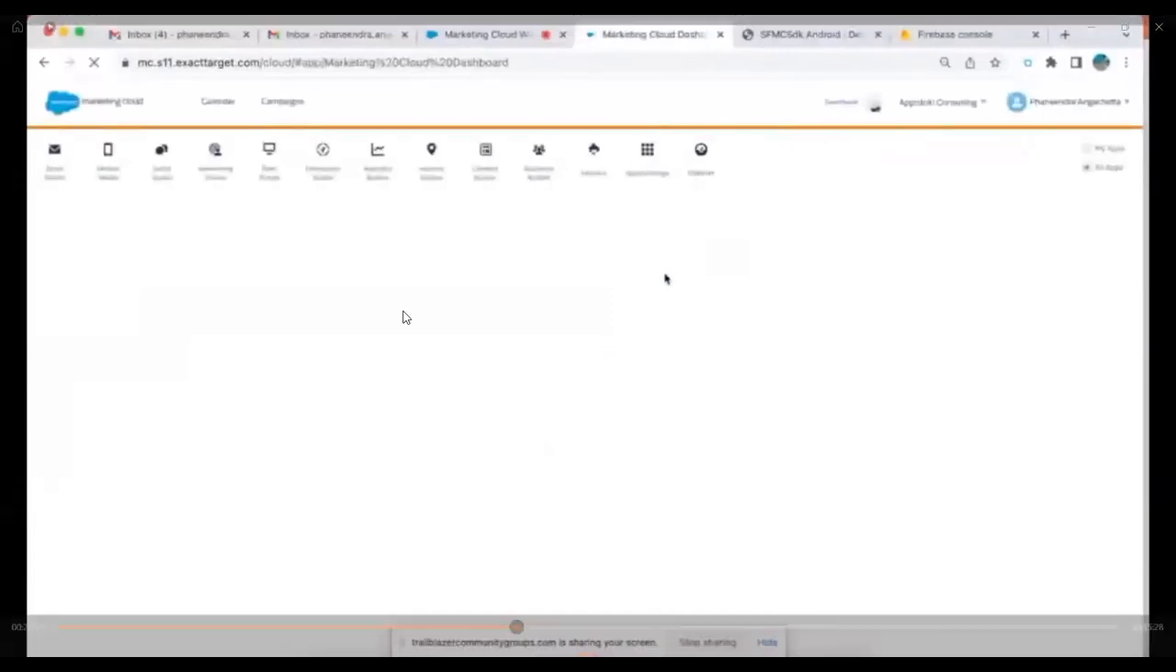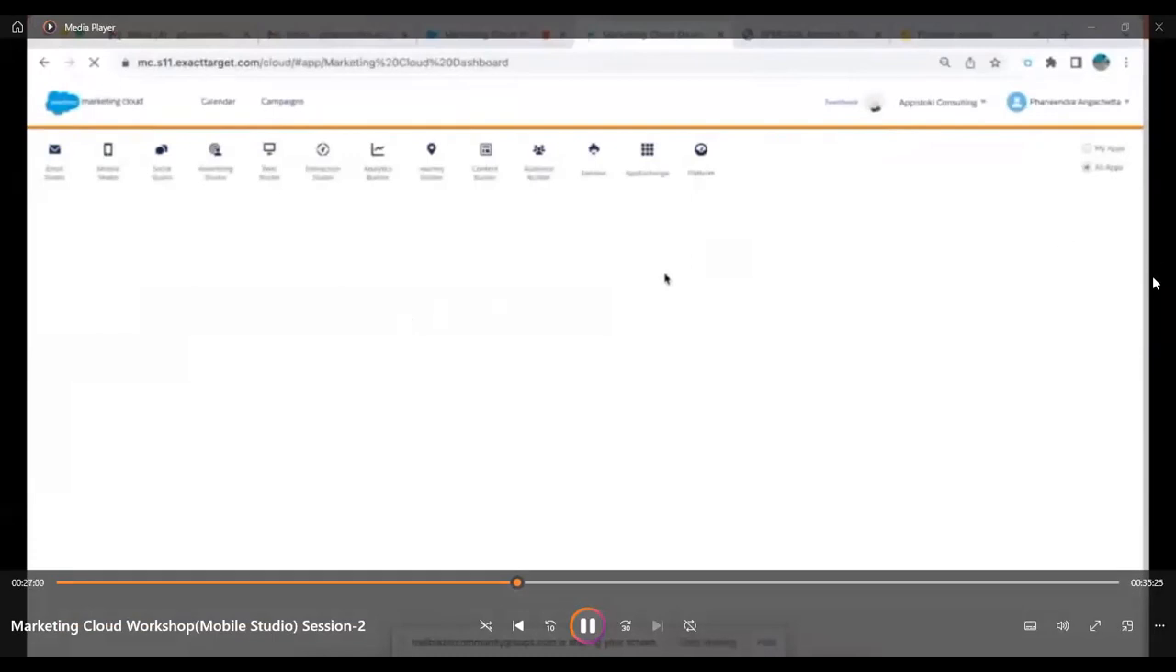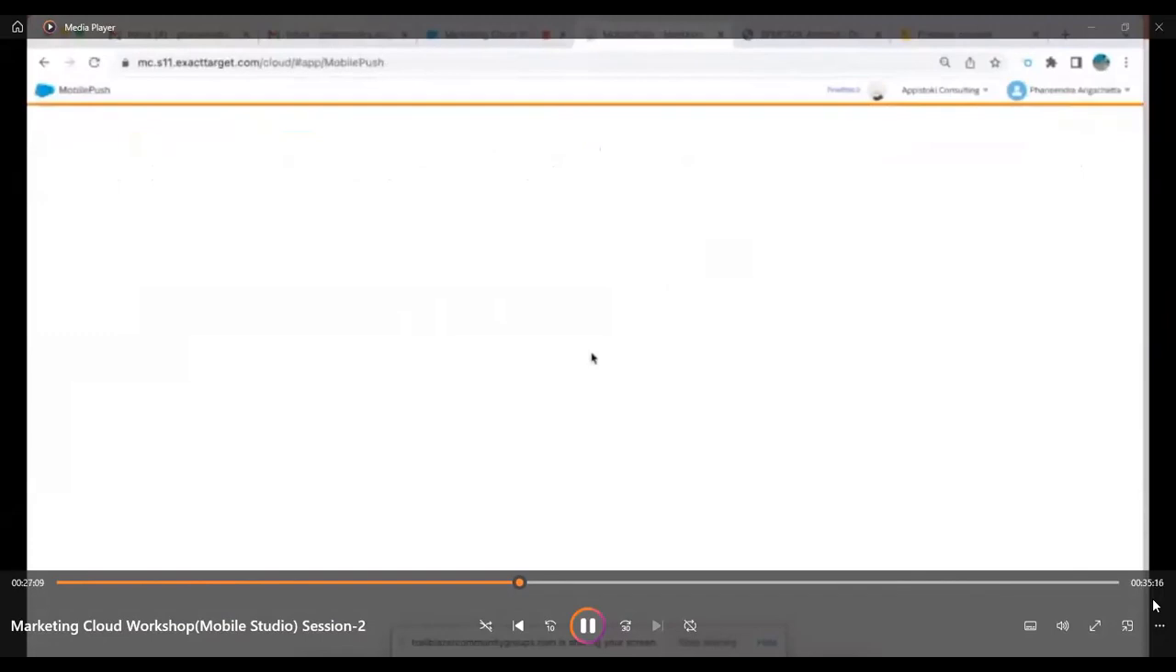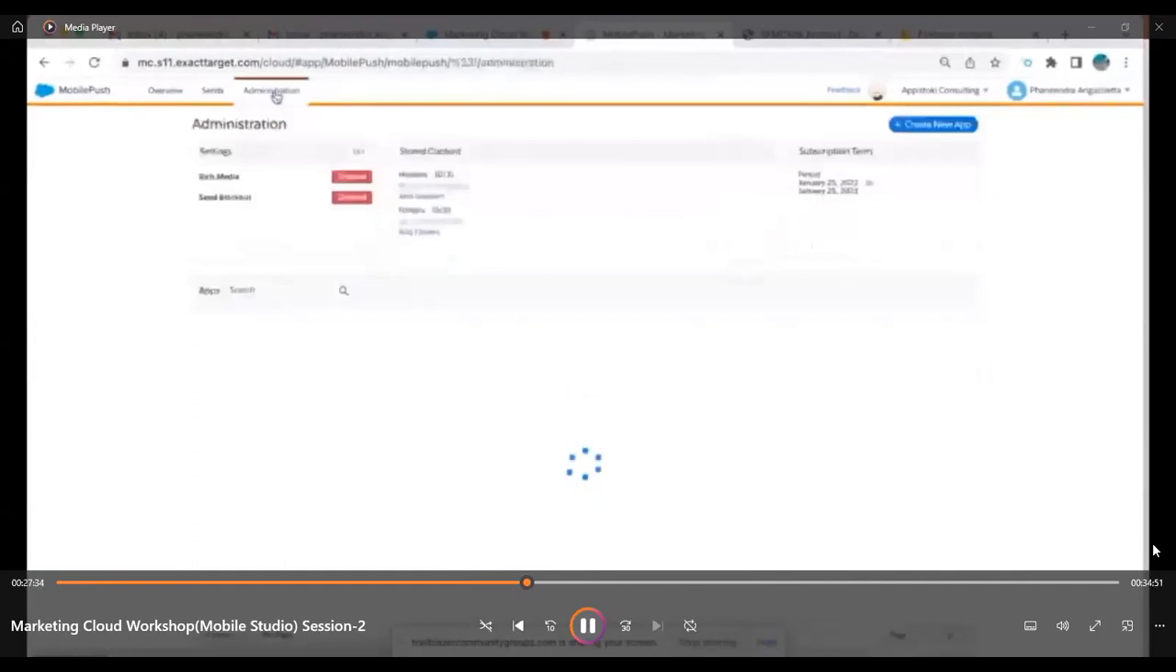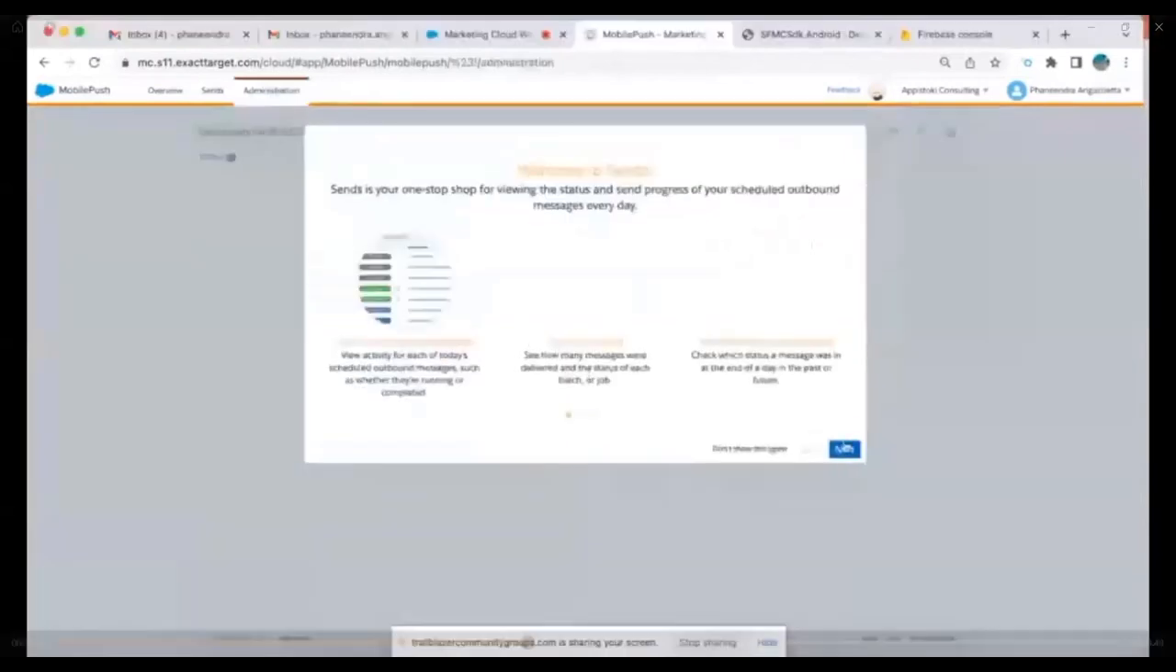Well, so here I'll go to my Mobile Studio. As last time we discussed Connect, now we'll discuss Mobile Push. So ideally in Mobile Push, as I said, we'll create an application as described in the Marketing Cloud documentation. You see, currently I don't have any app configured with this account because it's a demo account for me, and ideally people will go to the administration panel and start with